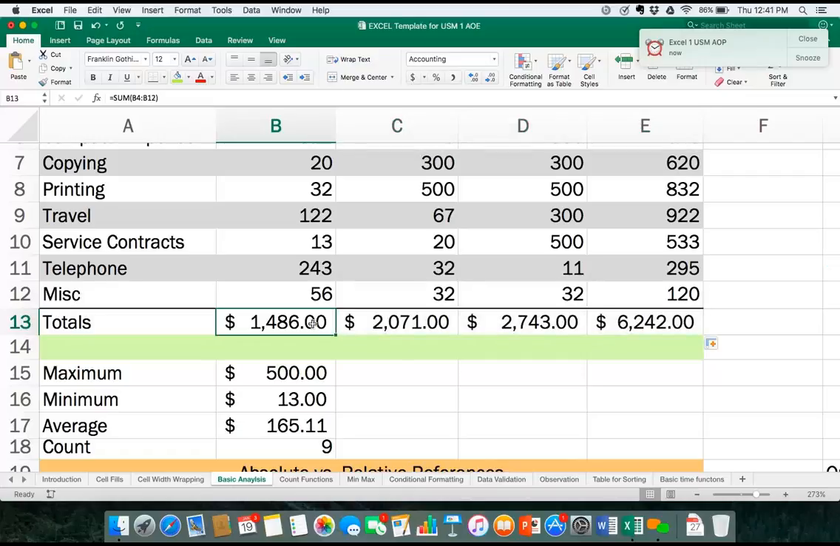So if you look here, it says equals sum B4 to B12. Here it says equals sum C4 to C12, because I'm in the C column. Here it says D4 to D12, and here it says E4 to E12. This is a wonderful characteristic of Excel because the sum formula, I'll do it again, is a really easy one,